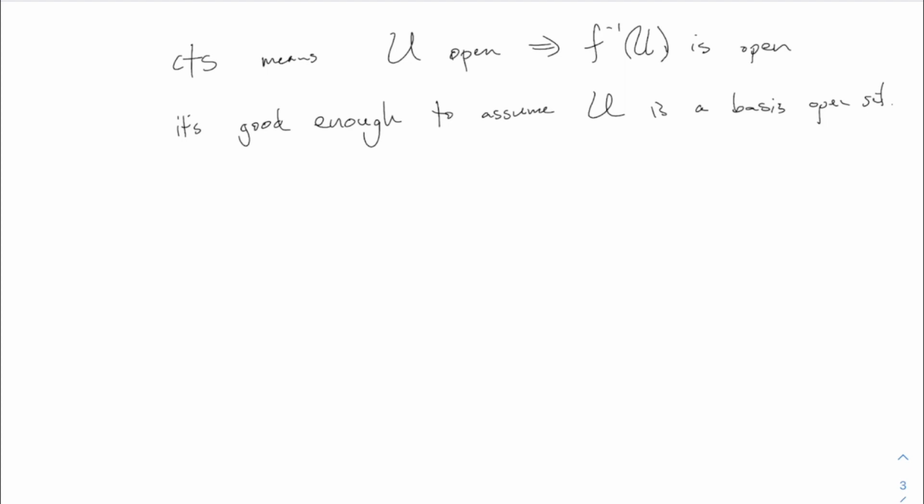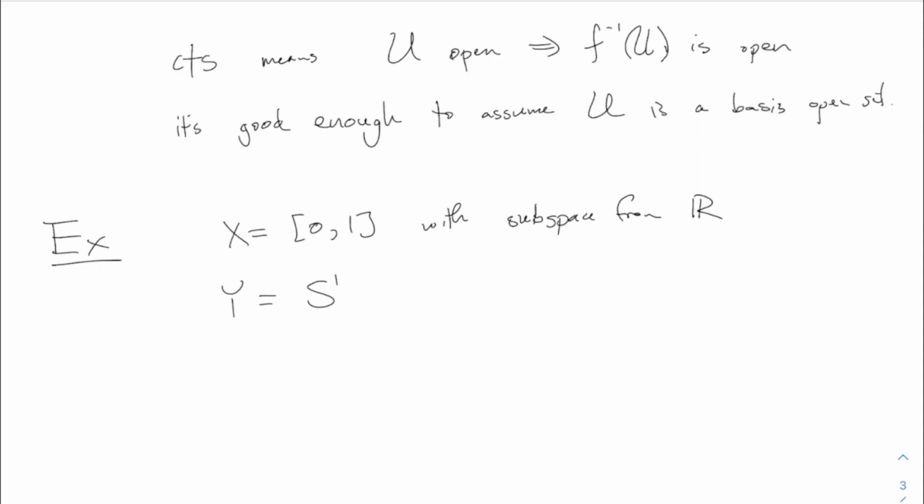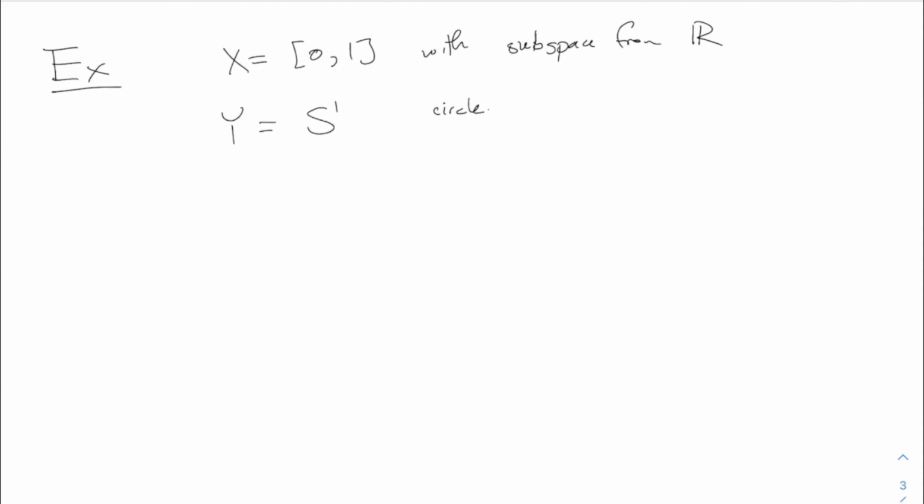Let's look at another example, not R to R, because those are fairly straightforward to deal with. Here is a fancier example. How about X equals the interval 0 to 1 with the subspace topology from R, and Y is S1, the circle. And the function is,